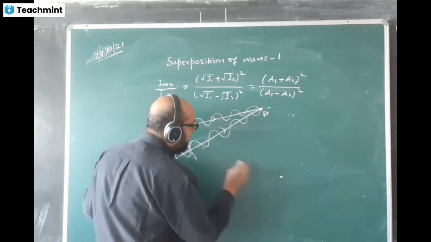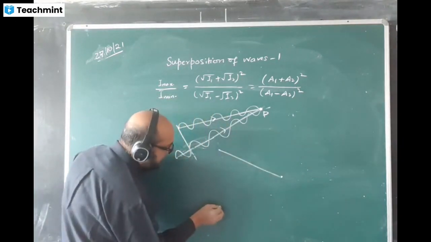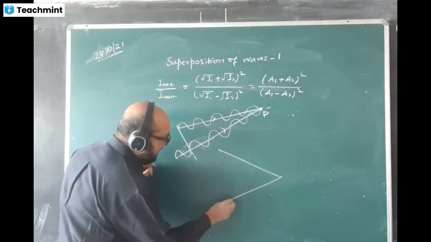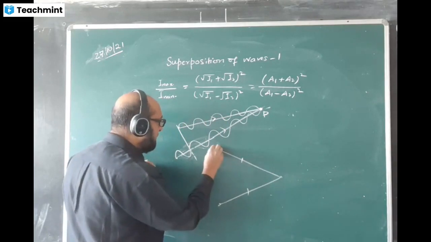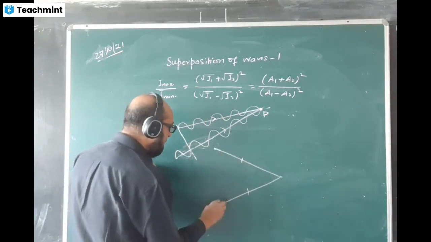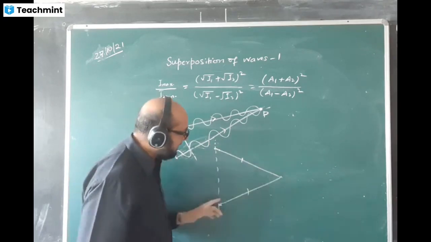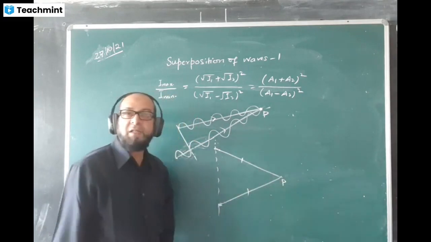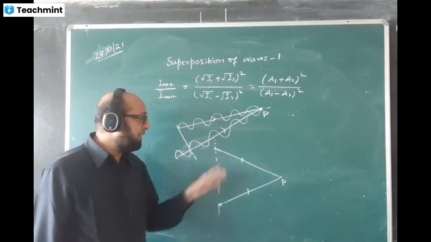Suppose at a point one wave is coming like this. Just have a look here. Another one is coming exactly this way. Having same length, this length is equal. There is no difference. This length and this length are supposed equal. At this point, how much is the phase difference? How much is the difference in the phase? 0. There is no difference.